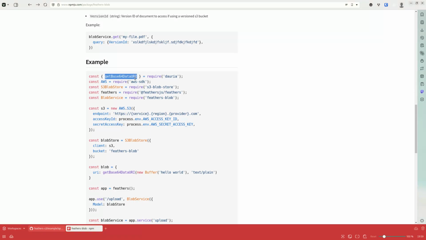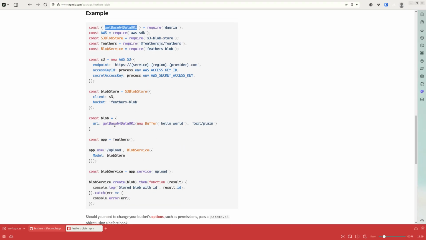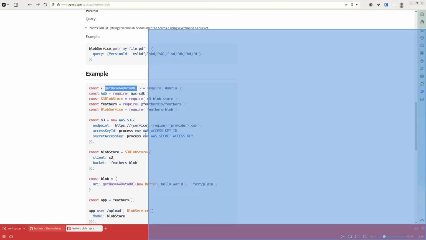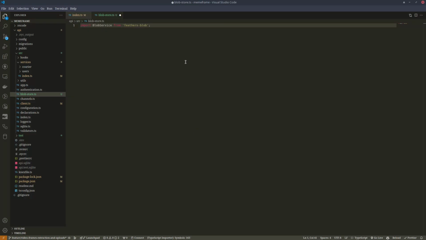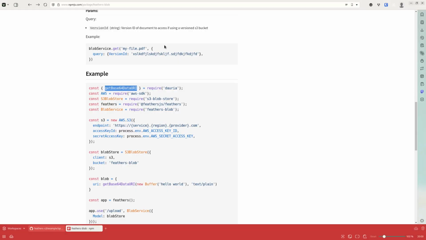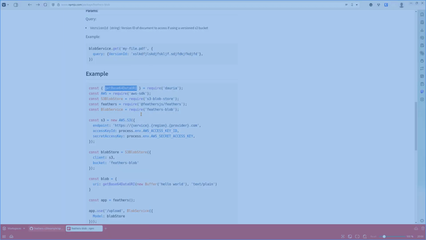Do I need this? I doubt I need this. Truly, I don't need it. In this case, I just want to set up the service, and to do that it's going to be here. So I'm going to import the S3 blob store. So we'll be having something like this: